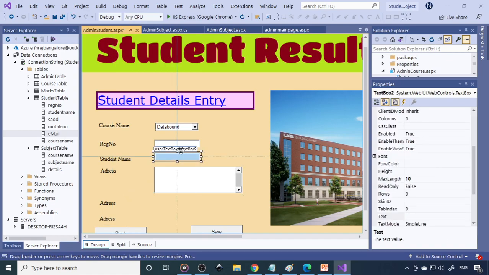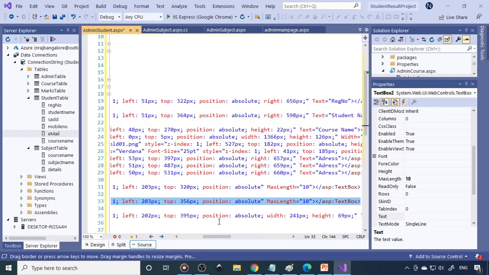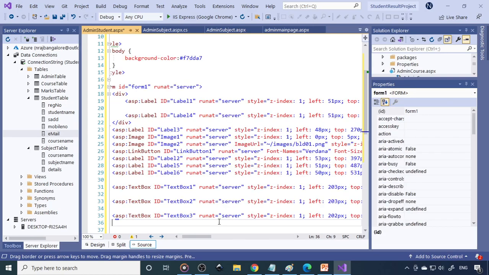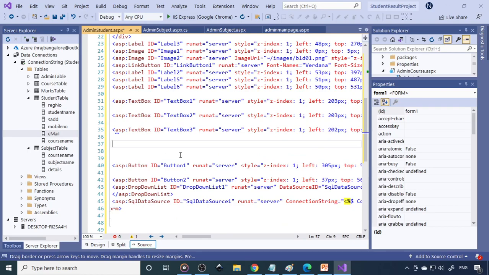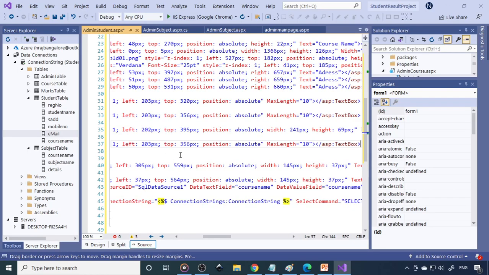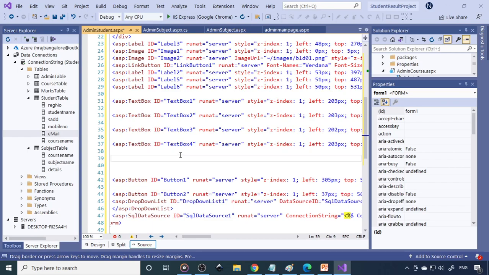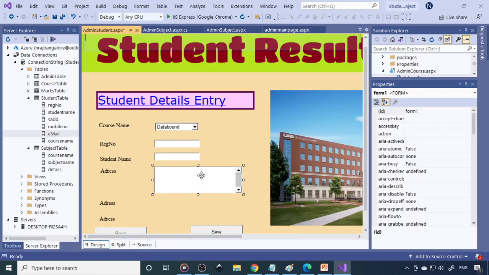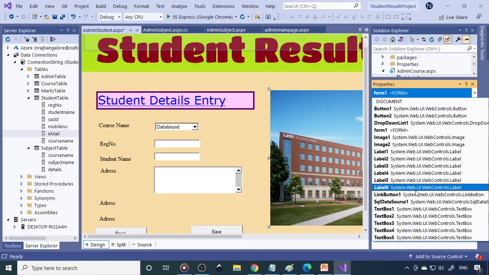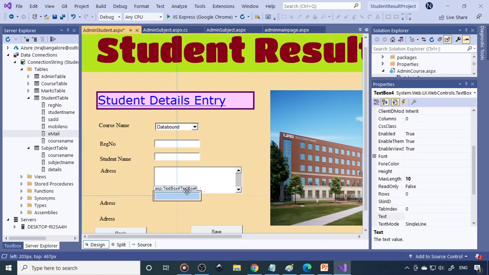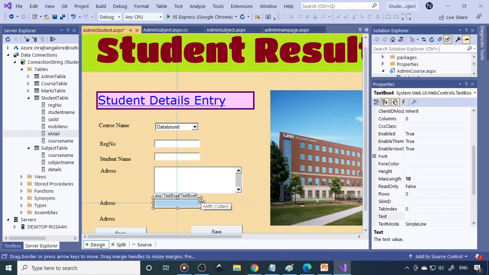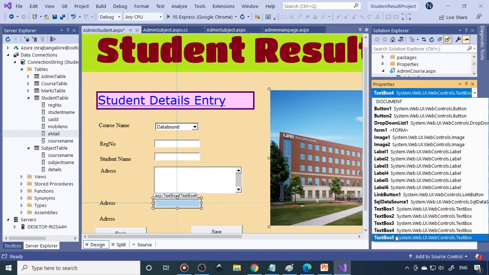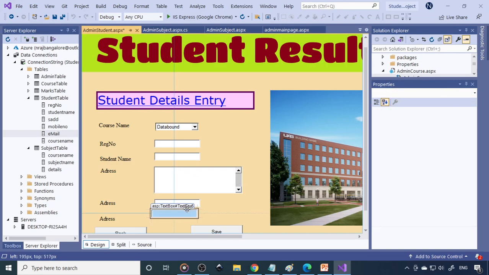Fine. So next you require 2 more text boxes. So this is text box 2. Just go to source again, copy this. Now after text box 3, here is after text box 3, make some space here and then paste. Now this is text box 4, right? Then text box 5. So this is 4, 5. Okay, so now you can see that text box 4. Here it is. Bring it down. Okay, so this is the mobile number. Text box 5. Okay, so this is the email ID.